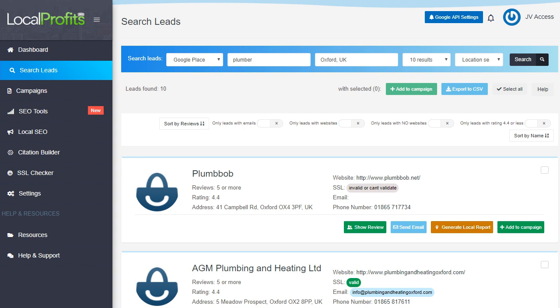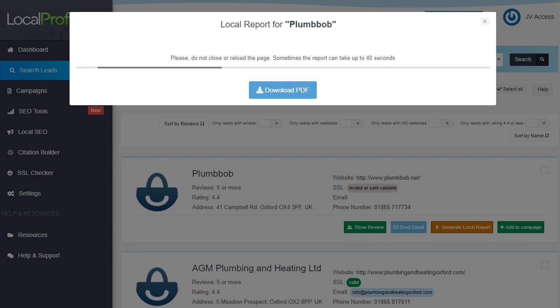I understand why they do it that way, because if you were to pull in all this information by default for every search result, it probably does take longer. But what I would love to see is that I can generate the local report for all of them in one go whilst I have a cup of coffee. And then it shows me on this page. So the information here,